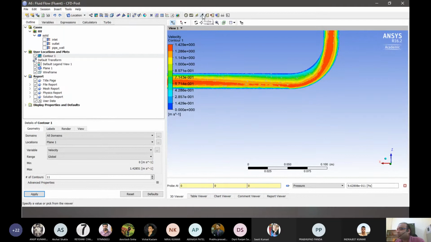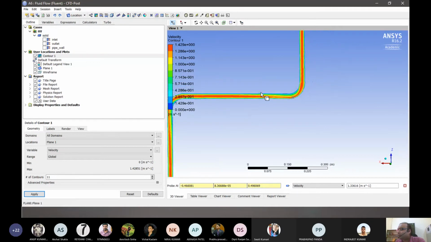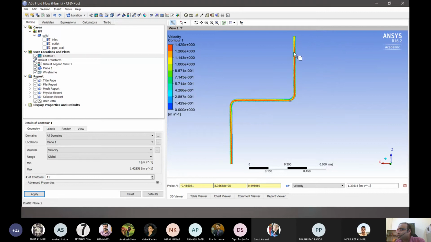Not going into details of that, but useful tools for the analysis part, right? I think this is one part of the way we can do. We can also use